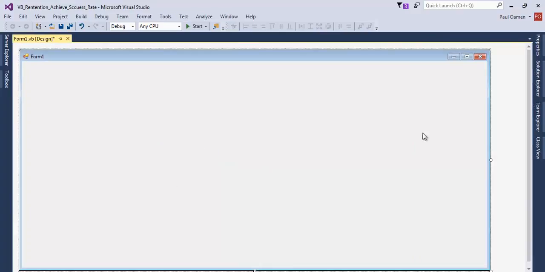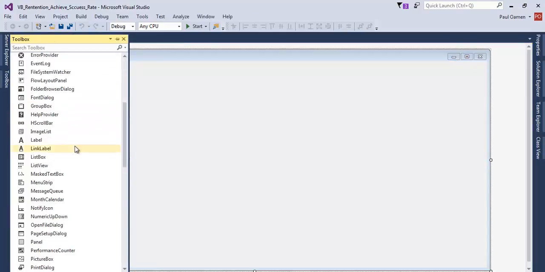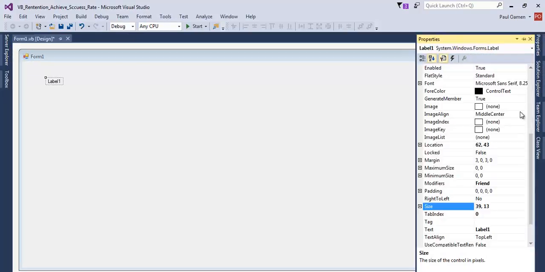Okay, click on that, and there we go. So the next thing I would do is to go to tools right there, and let's select label. Let's get a label on board. There, we now have one label there. Go to the property of that very label and change the size to 83 by